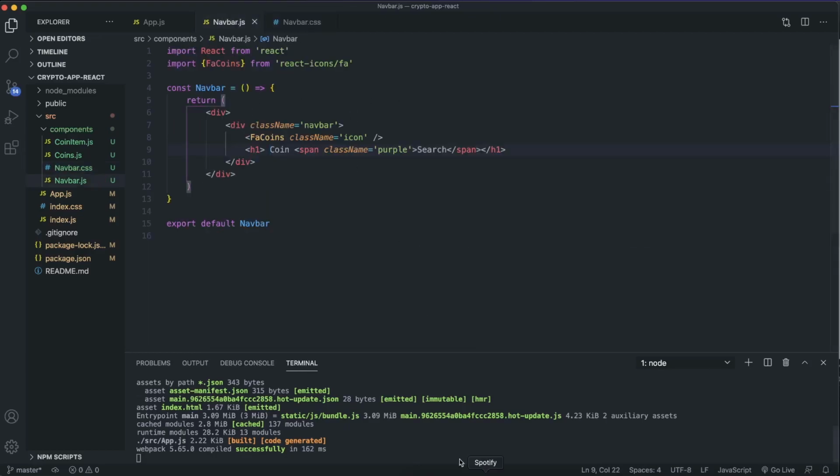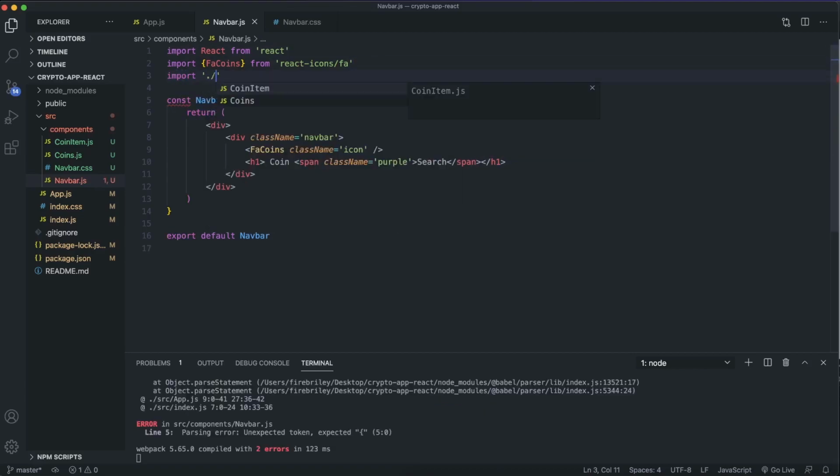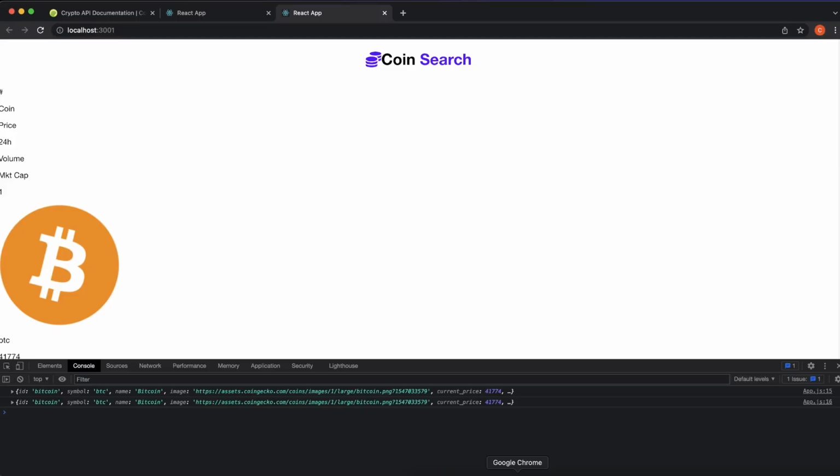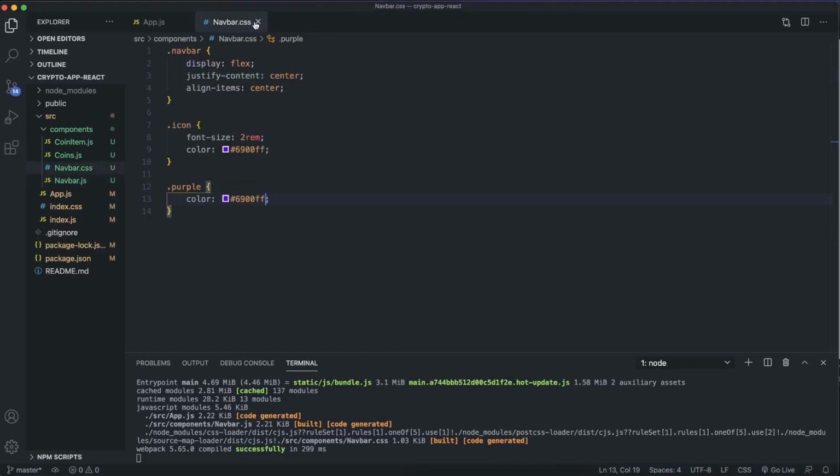Okay, so, oops, we do need to import our navbar.css. Now let's have a look. So cool, that's what we want right there. Perfect. So going back into our code editor, we can go ahead and close the navbar.css and